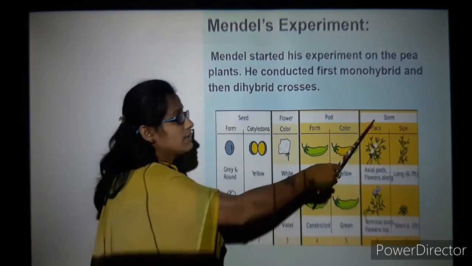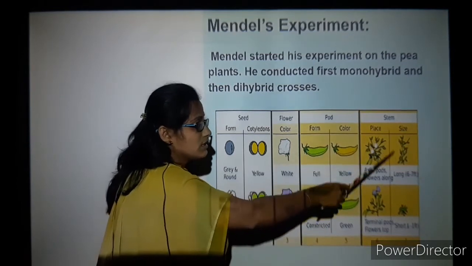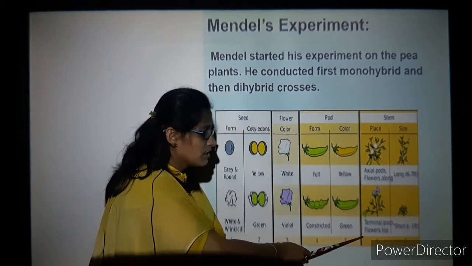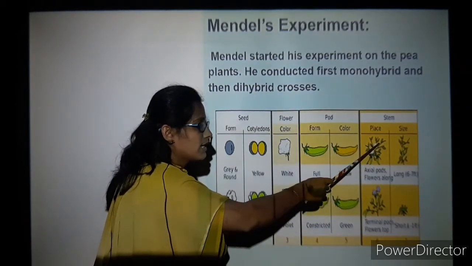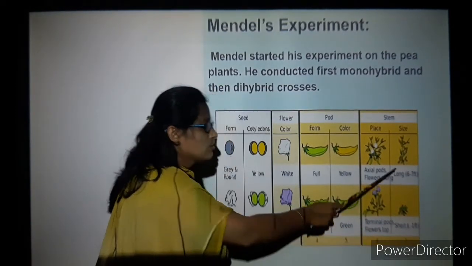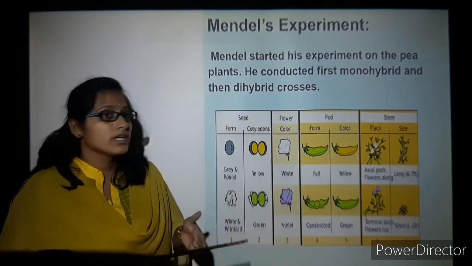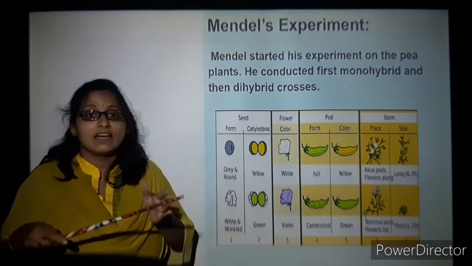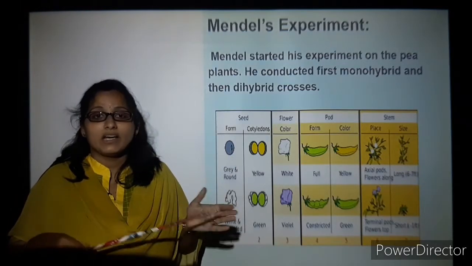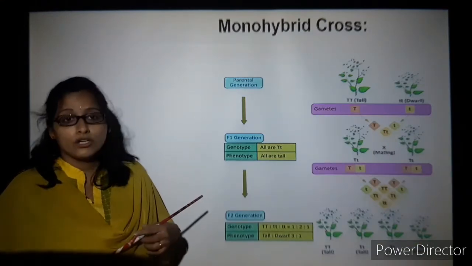So next comes the stem part. So place of the stem, axial pods, flowers, and you can see the size of that particular plant. Again here you can see terminal pods of flowers on the top. So here flowers on the axial side, flowers on the top, and you can see here that it is short. So long and short characteristics with axial arrangement. So these are the ways how he crossed the plant characters or traits and used it for his experiments to understand the parental lineage. So coming to the next, we will start with the monohybrid cross.